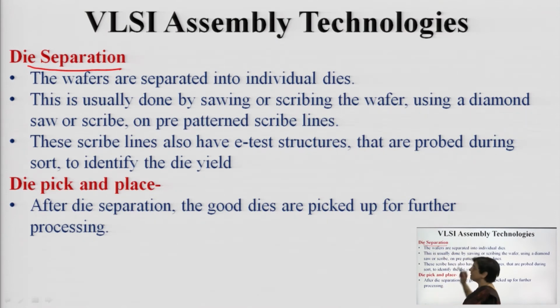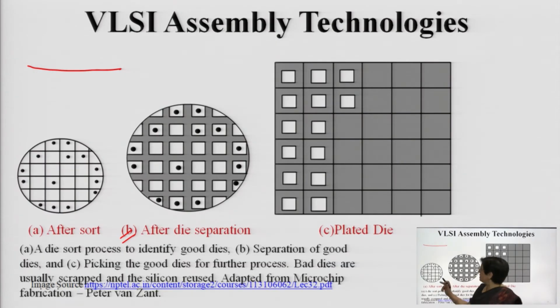This die separation is carried out after thinning: you separate the individual dies, and each individual die is then tested for exact functionality. All those which are misfit or which are failing the test are re-evaluated, so that what has gone wrong in the entire fabrication process is properly investigated, and that investigation is a major thing which is essential for improving the yield, and that is mandatorily to be done. So this is the isolation.